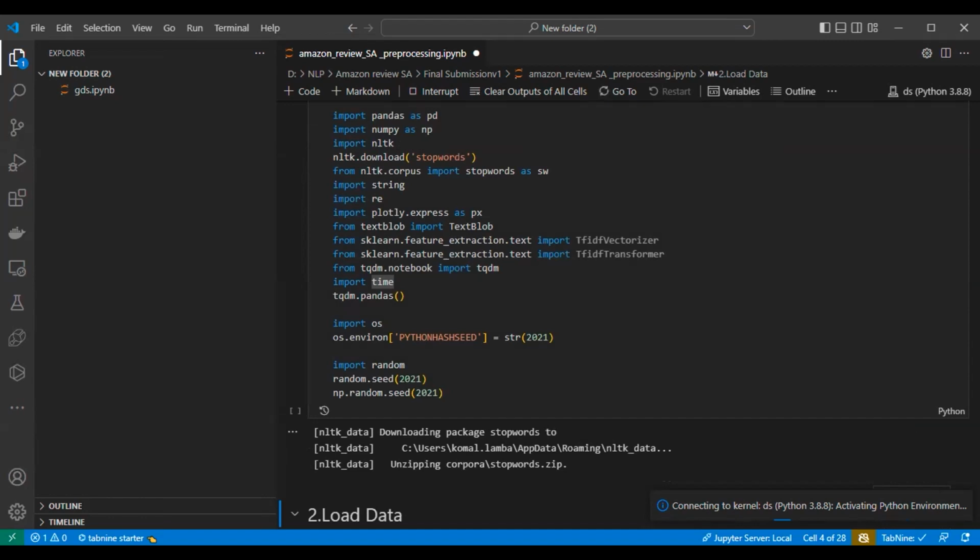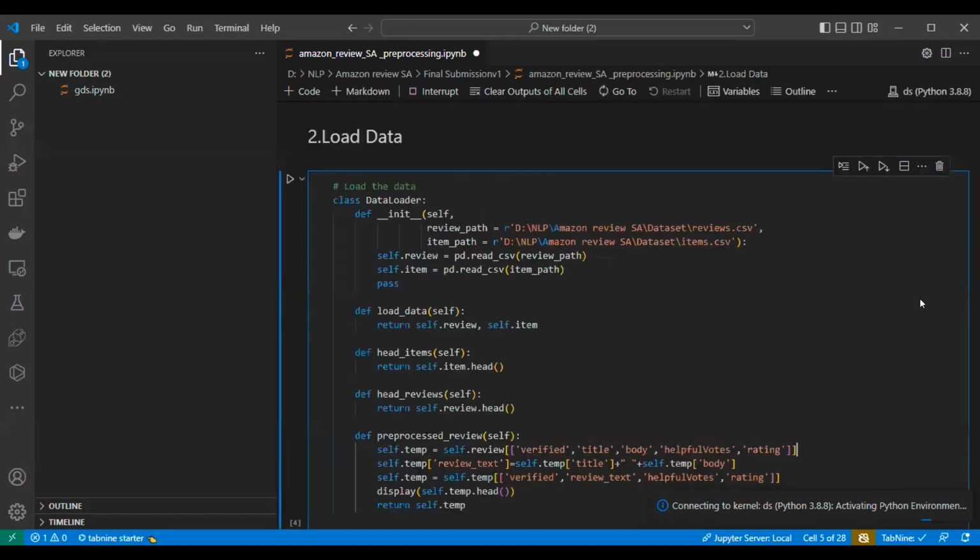Once, as we know, this is the very basic step: loading the libraries. Whether we are dealing with a machine learning problem, deep learning, or NLP, importing libraries is one of the most important, or I can say the very first, steps in our domain, or in our demonstration. So once we are able to load the libraries, what is the next step? We will load the data.